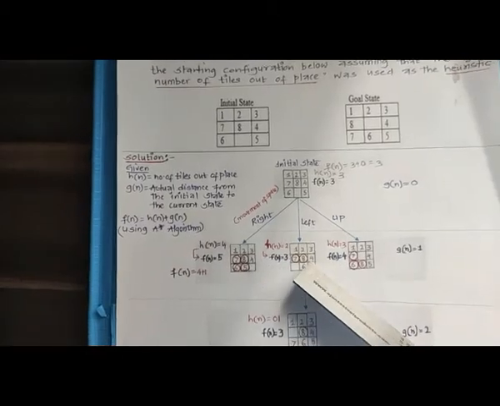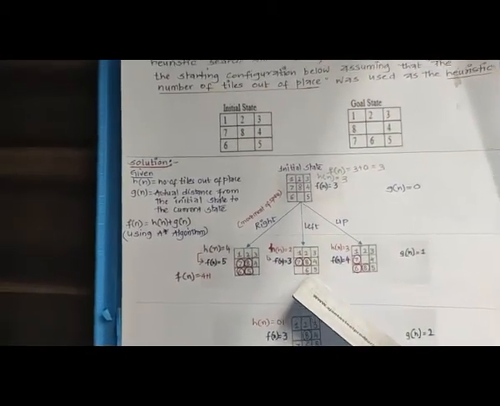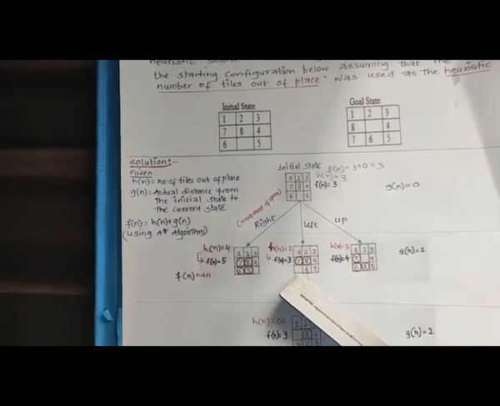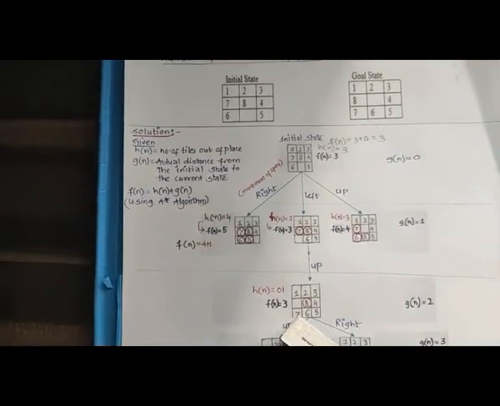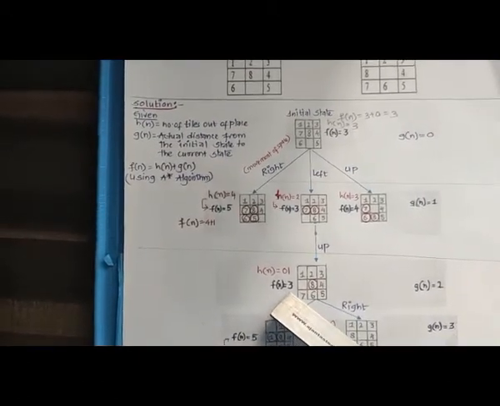But if we do that, we are again going to the same state, right? So it is useless. So what I am doing is I am taking the third step, that is I am moving the space up. That means I am bringing the 7 to the empty space. Okay, you can see here, right? And I take this particular configuration. Again, I try to find out its f of n value.